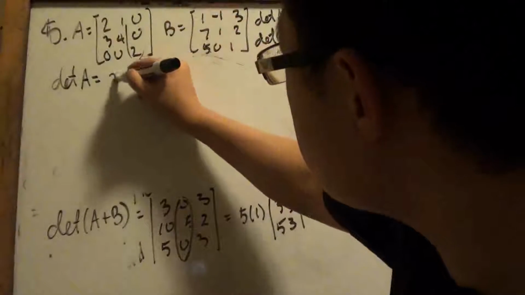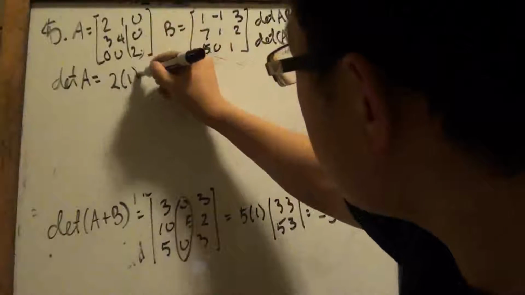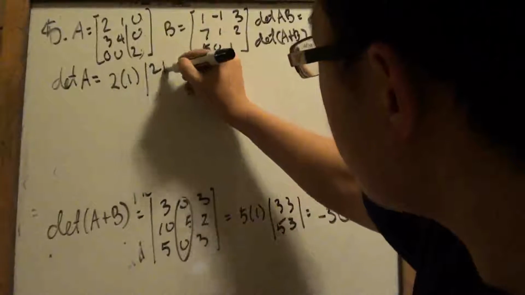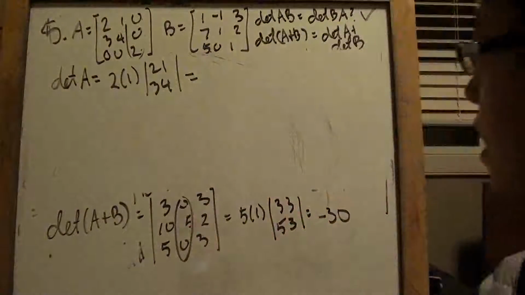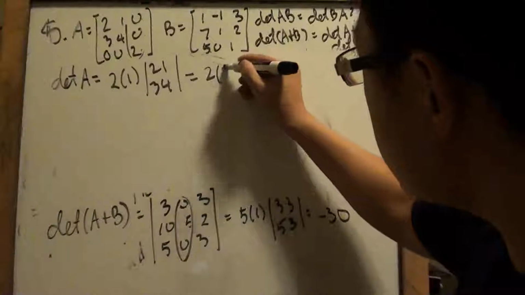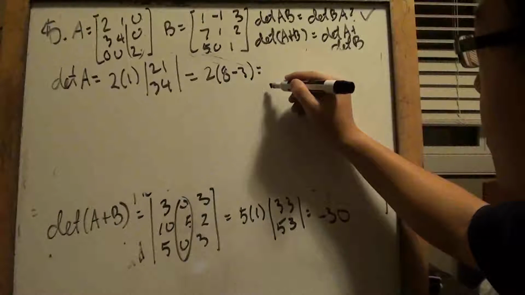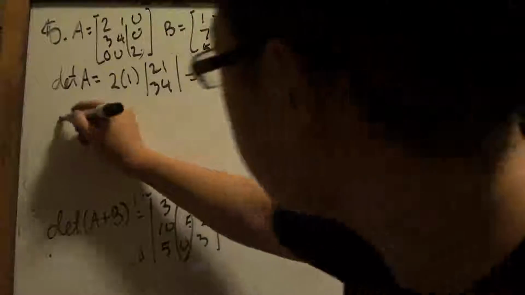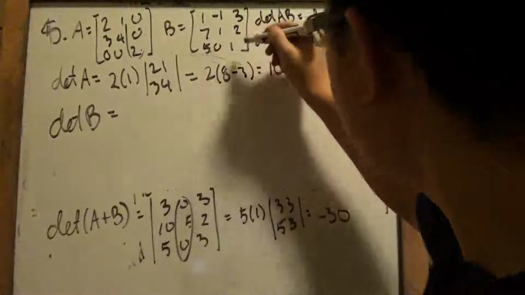That's going to be 2. Is that positive or negative? Positive, negative, positive. Yeah, positive. That's going to be 2, 1, 3, 4. Oh, that's nice. So that's 2 times 8 minus 3 times 5, which is 10. Det A is 10. Det B is going to be,